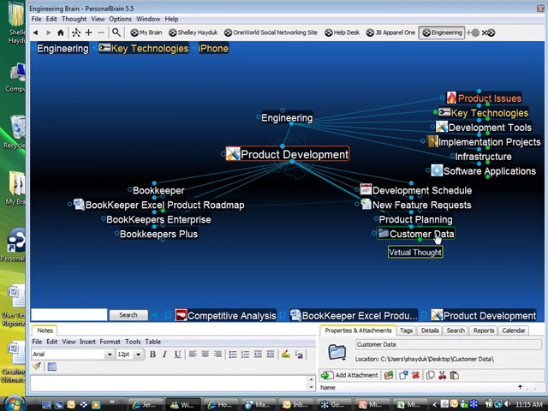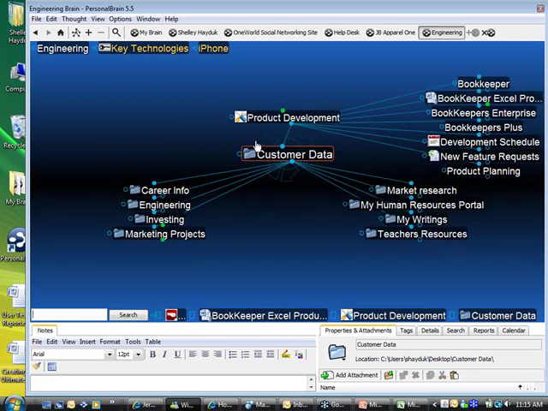And now what that's doing is it's actually created what we call a virtual thought, and it's visualizing this complete file folder hierarchy. So your TechBrain can literally include pre-existing file folder structures that you have,